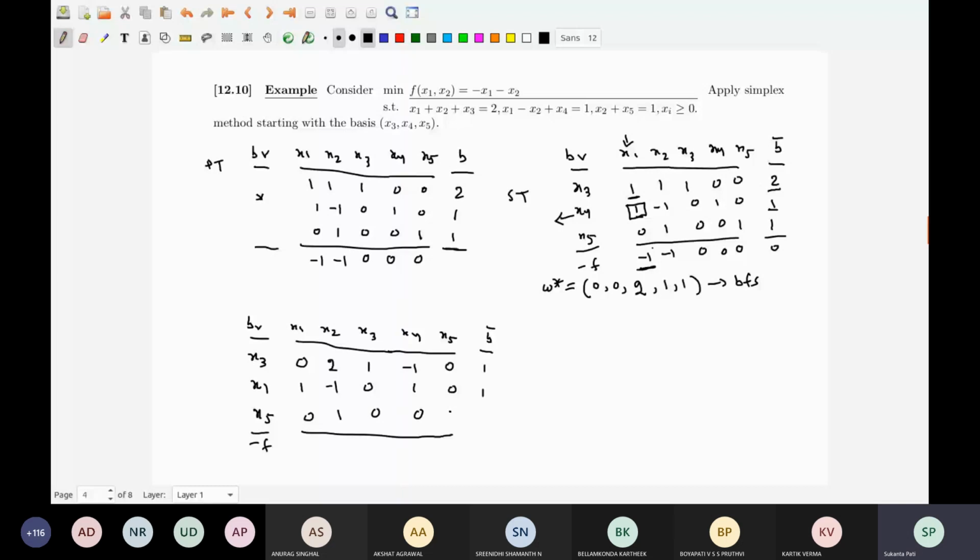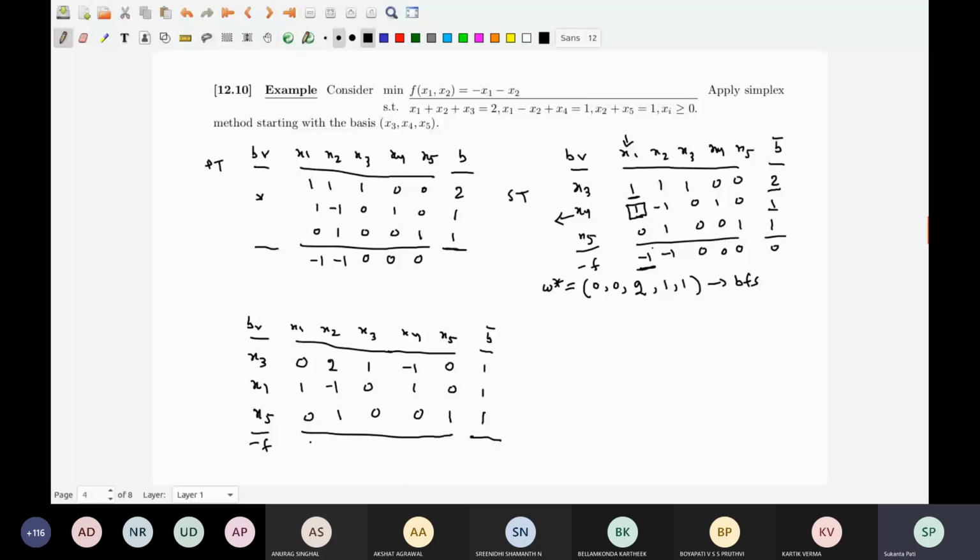Next, what do I do? Now I have to make the entry below the basic variable, that is below x1, 0. Right now it is minus 1. Okay, so what do I do? Now I can add the second row to this. So if I add the second row to this one, what do I get? Now I can get 0 over here, minus 2 over here, 0 over here, 1 over here, 0 over here,